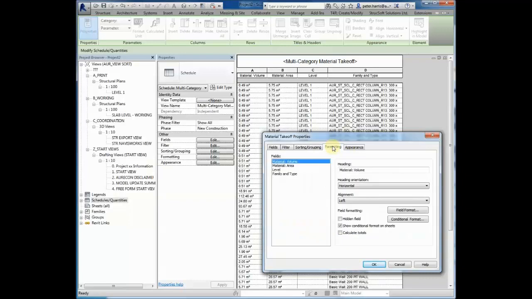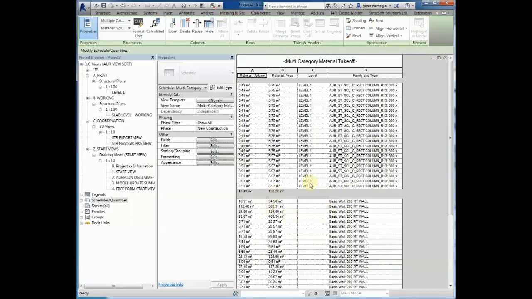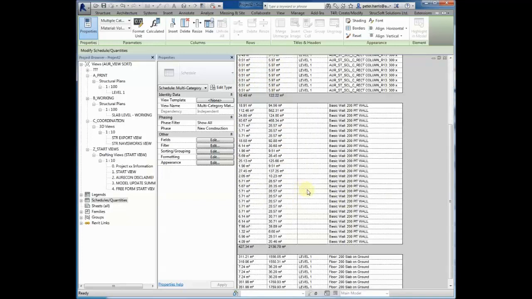For this to occur, under Formatting tab, selecting volume and area, and ensure Calculate Totals has been selected. Back under Sorting and Grouping, as a footer, just ensure there's a blank line just for ease of visualization. As you can see, all the columns, we've got a volume, we've got an area, all the walls